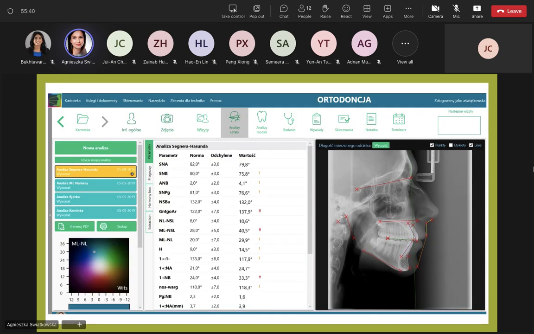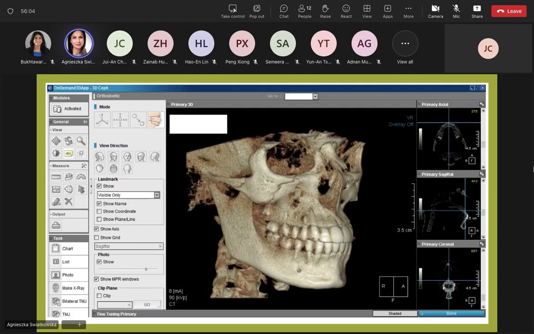We use it when we are making analysis of cephalometric X-ray, where we have a lot of angles, and we achieve results. Then we make interpretation of these results. So we will talk about this more during probably next lectures. We can also use 3D cephalometry, but nowadays, because it's huge radiation, we don't use it very often for the